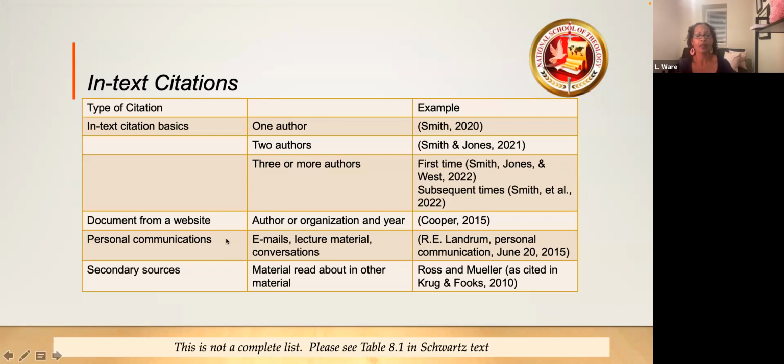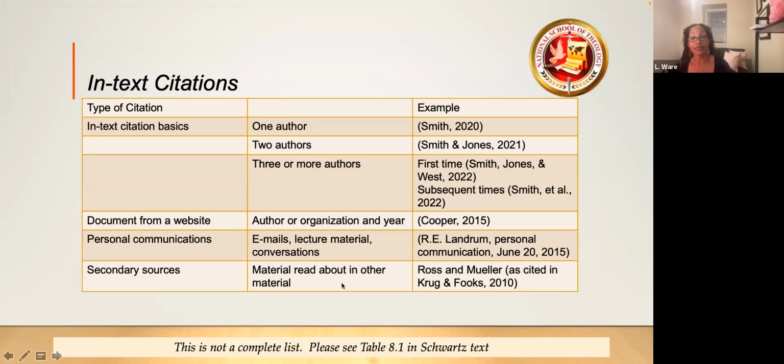You don't see this often, but in the event that you have some sort of personal communication, like an email, someone provided a lecture, or there was a briefing given somewhere, or if someone was dictating a conversation, this just shows how you would annotate such a citation in your text. Again, with research, you may have this. You don't see it very often, but in the event that you do, you want to note exactly how you would cite personal communications. And again, you can find more about this in your book. I just listed it here.